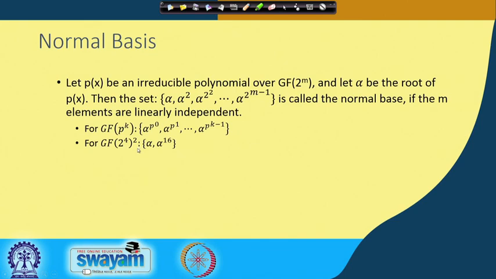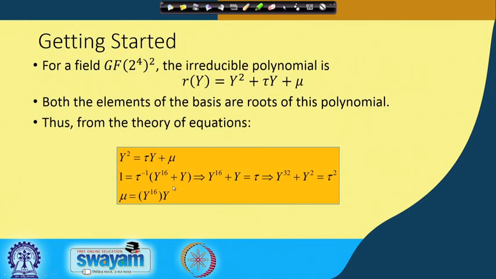Finally, when we go down to GF(2), to the lower basis, the basis will be denoted as omega and omega squared. We shall see in more detail how to use and manipulate these basis elements in our discussions. So, getting started, I have taken an element in GF(2^8) and converted it into the composite field denoted as GF((2^4)^2), and I have used the irreducible polynomial like in the last class. This polynomial is R(y), which is equal to y^2 + tau y + mu.